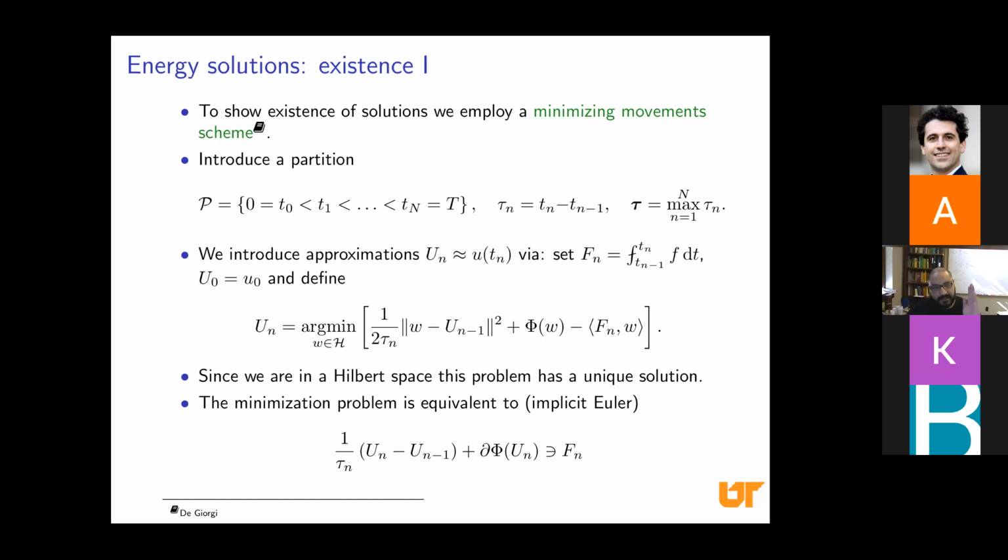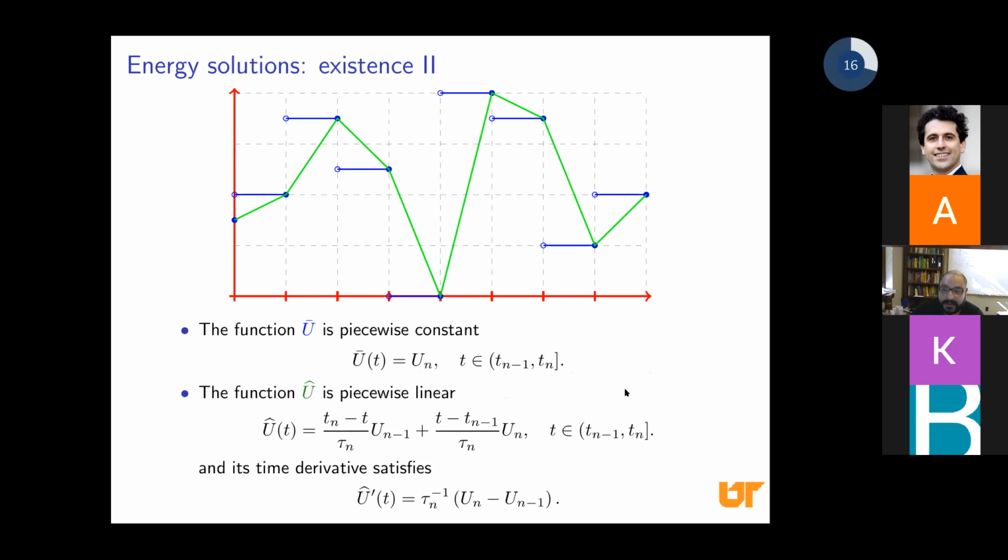Now, those are given just at discrete instances of time. So we need to find a way to connect the dots, if you will. We need, out of those discrete samples, to construct functions that are going to be our candidates for objects that are going to be solutions, or at least that are going to, in the limit, be the solution. And we have essentially two obvious candidates, right? If we only have the values at the discrete instances of time, let's think of it as only having the blue dots here.